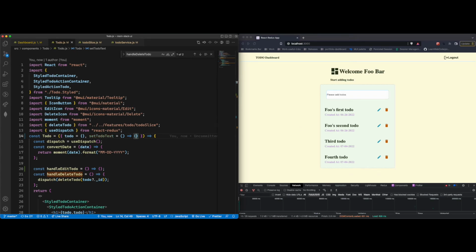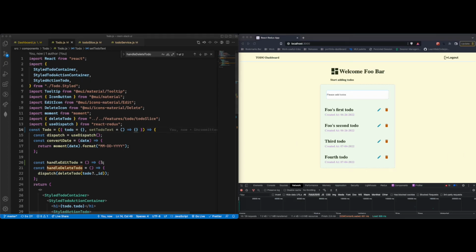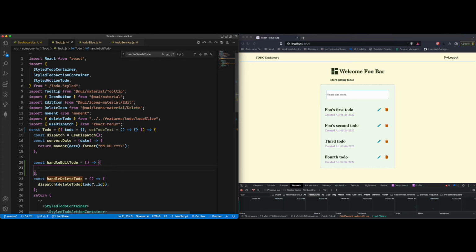All right. Now, on the handle edit to-do change right here, what we also need to do is, as soon as we have access to this, we can simply call that function and just populate the text, right? So how do we populate the text? In order to populate the text,